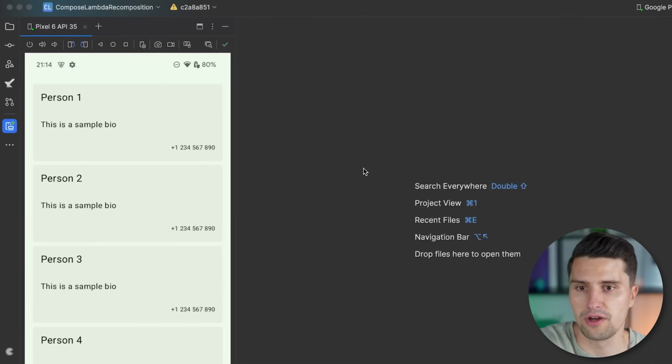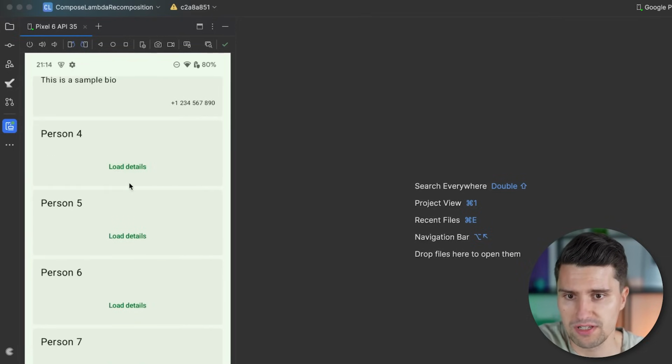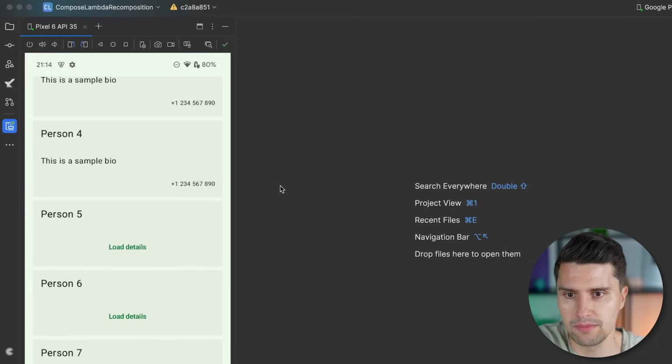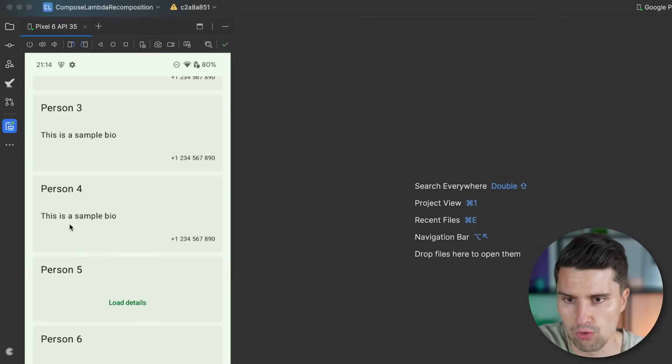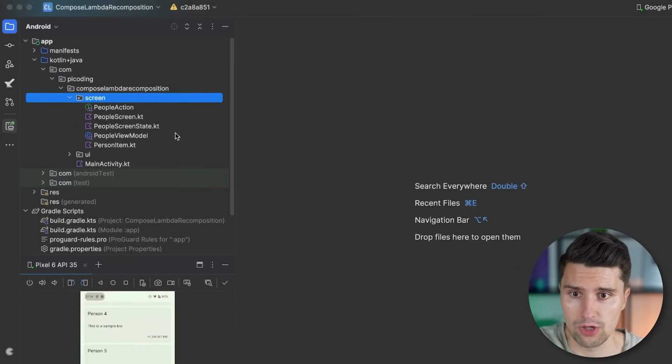And as you can tell, there are quite some UI updates here, especially for the progress that we show here. There are many updates happening here per second. So we get this fluent progress update. And there are updates where we just show our loaded bio together with the phone number here in exchange for our load details button. Let's take a look at how this looks like in code, because I really chose a